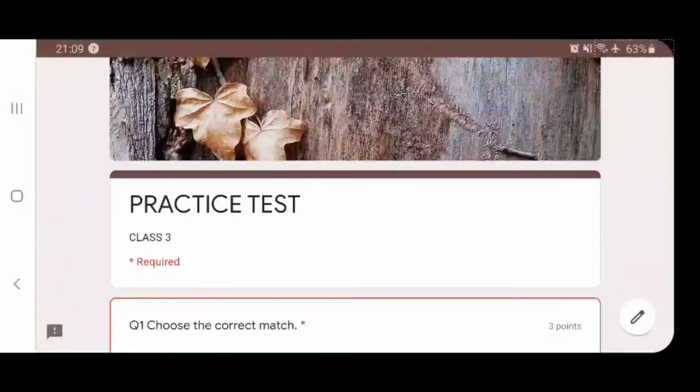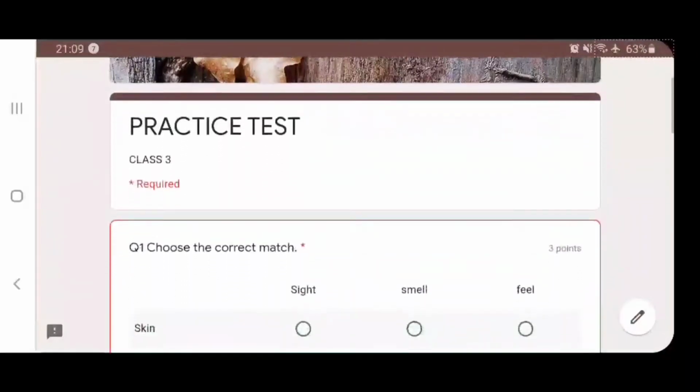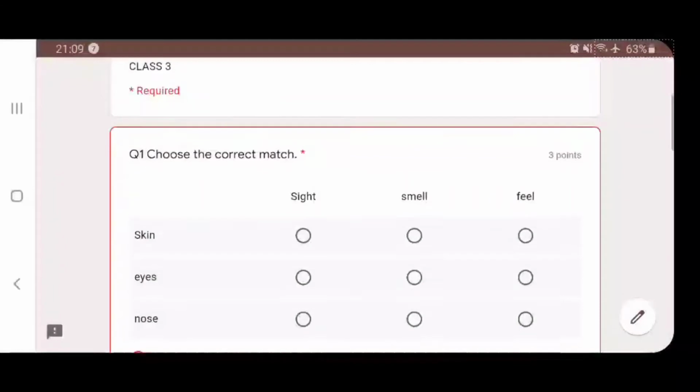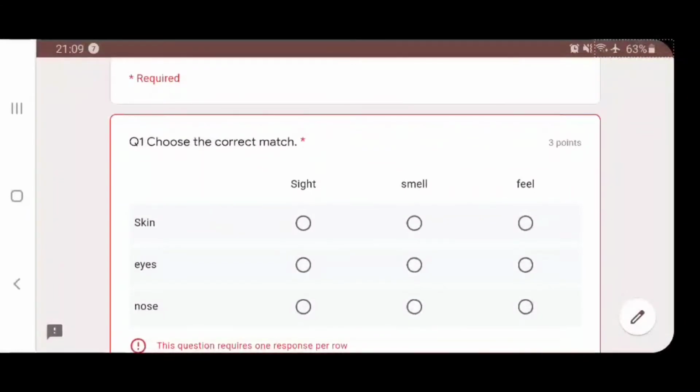It's for class 3. The first question I have prepared is choose the correct match. Now in the menu, there is something called as multiple choice grid. I have used that to make this type of question. So here the thing is you have to choose the correct match.